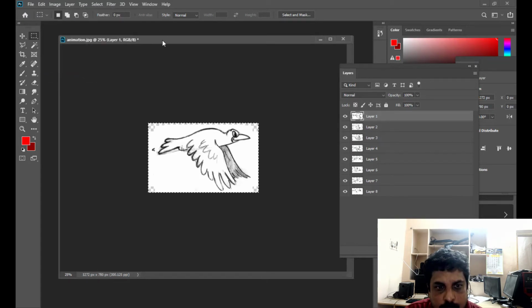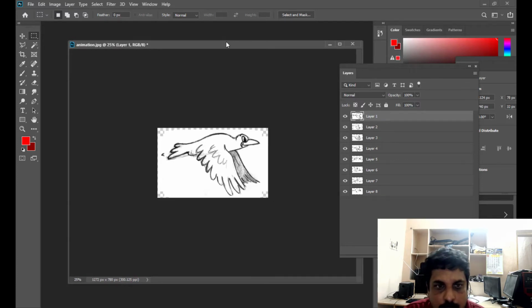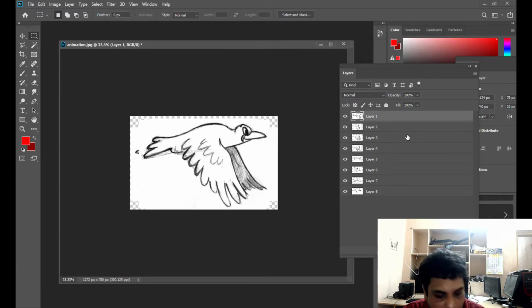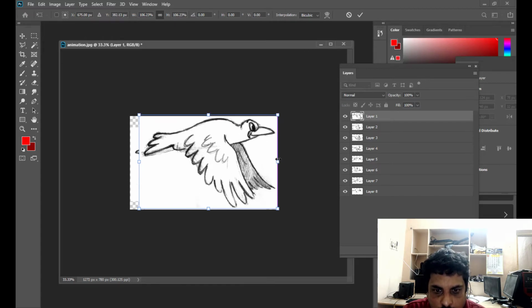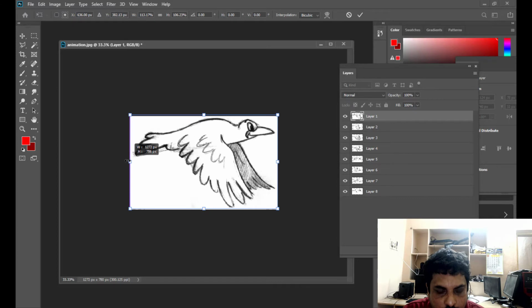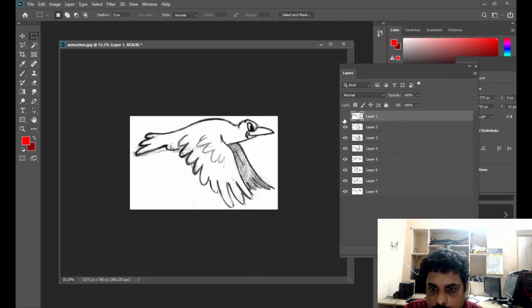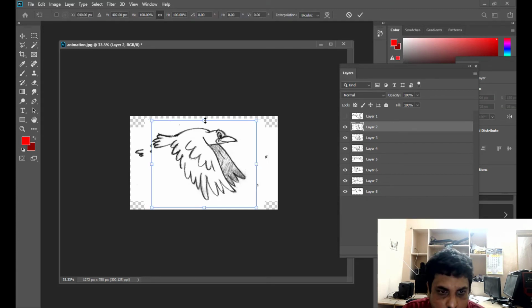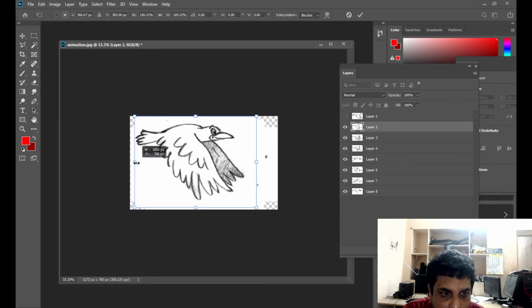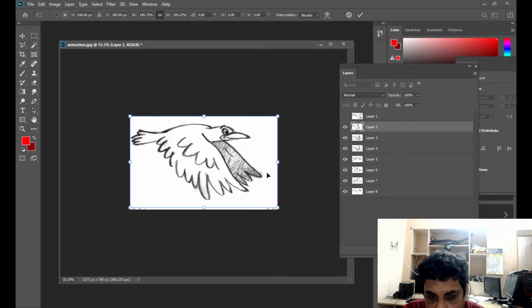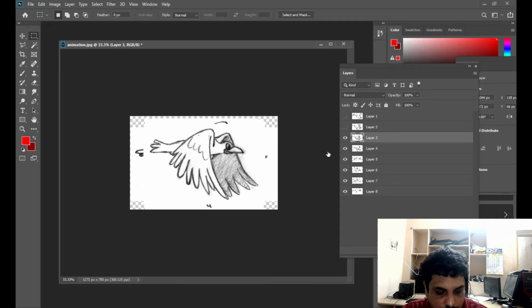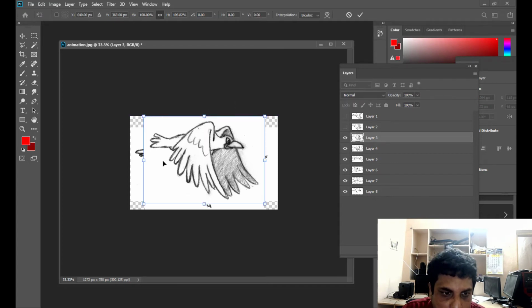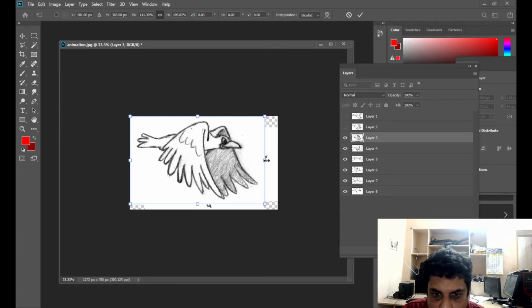So I'm going to crop this image, and then I will do some simple adjustment. You can simply make sure that these images are all properly fit inside the document. Just this one small change we have to do.